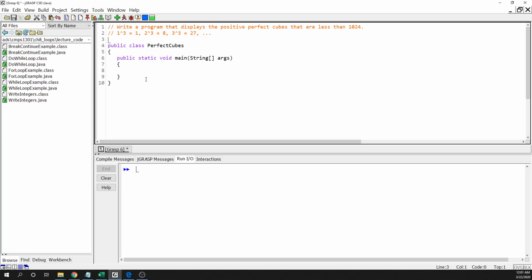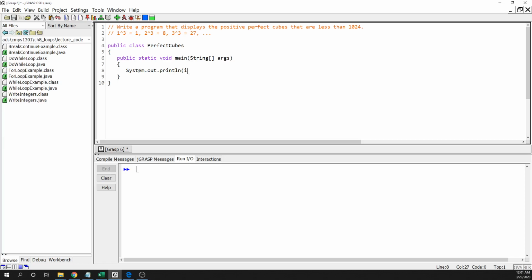So if we just write a loop that goes from 1, 2, 3, and so on and so forth, and just prints out these cubes, right? Then those integers cubed are the perfect cubes, and we'll have them printed out. So that's not a big deal, right? Inside the loop, we'll have System.out.println, and then we'll have